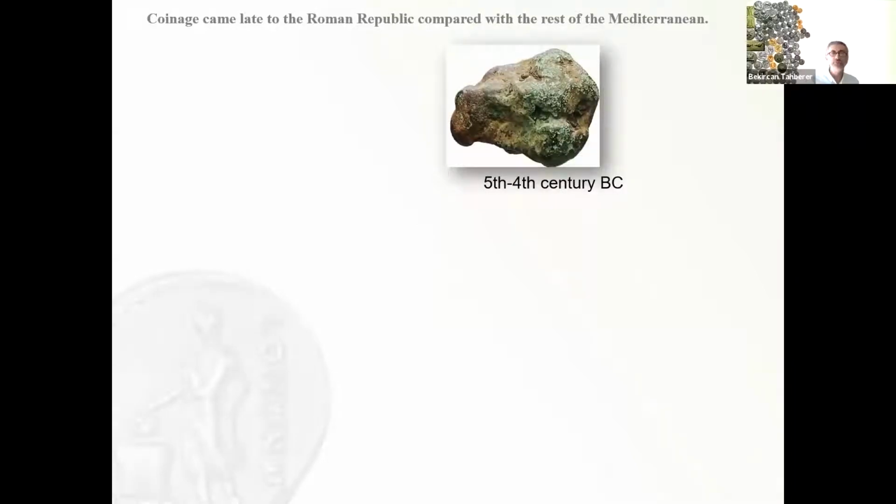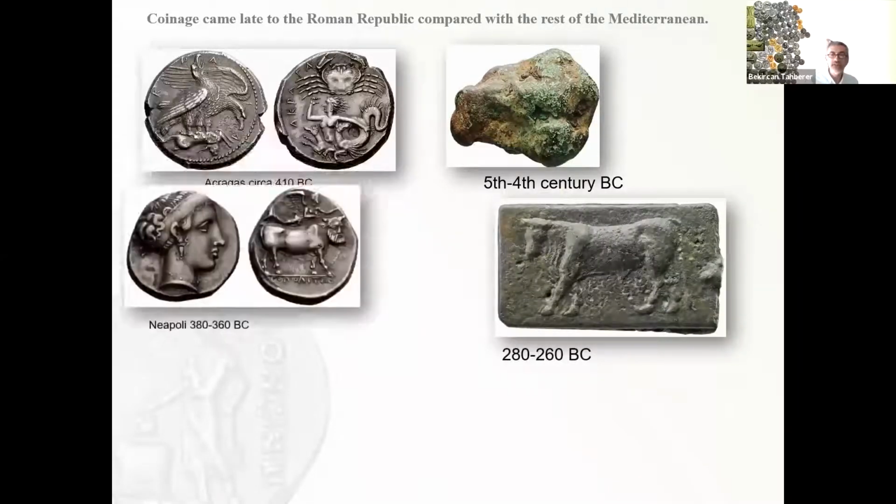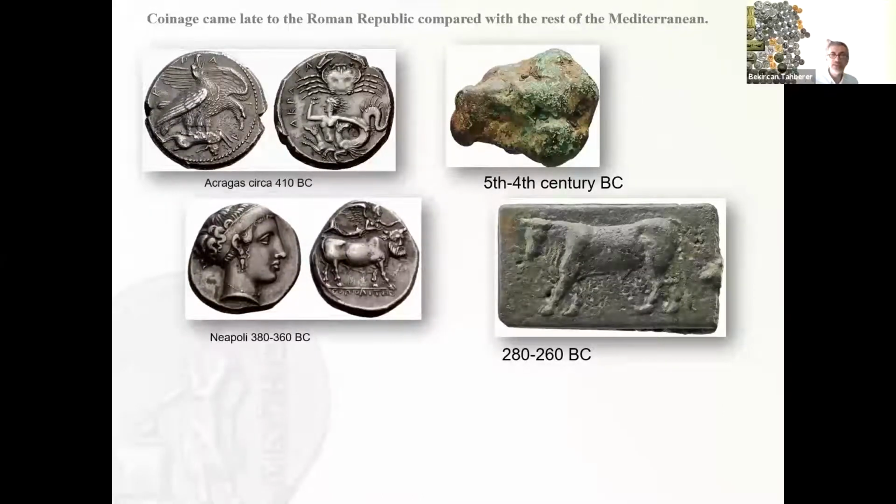Coinage came to the Roman Republic very late. When you look at the means of exchange in the 5th, 4th century BC, it's a little disgraceful when you compare what was circulating only a couple hundred miles or kilometers to the south. When they finally came to the understanding of putting something on their means of exchange,